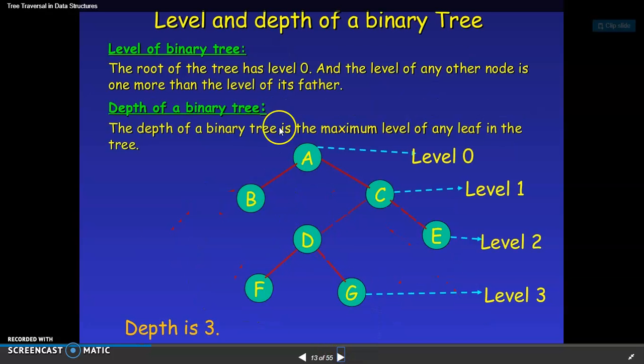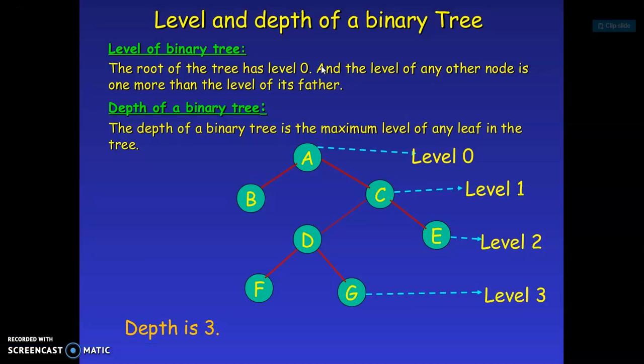Next, level and depth of the tree. Okay. So level is nothing but the different levels of the nodes in the tree, that is from the root node to the leaf node, that is also the last leaf node. Up to that, whatever may be the number of levels of the nodes, those are called the levels